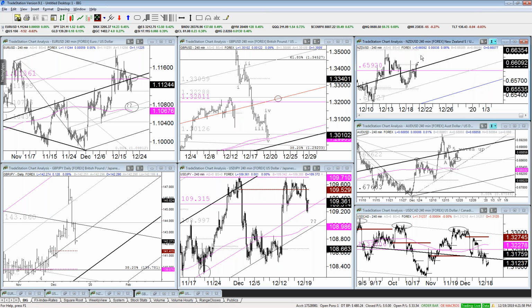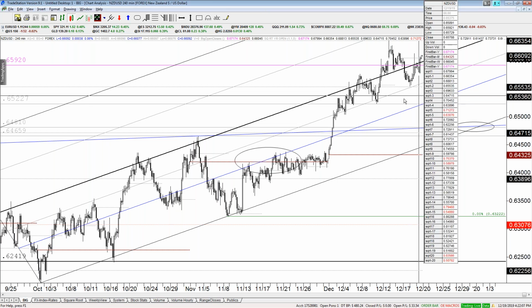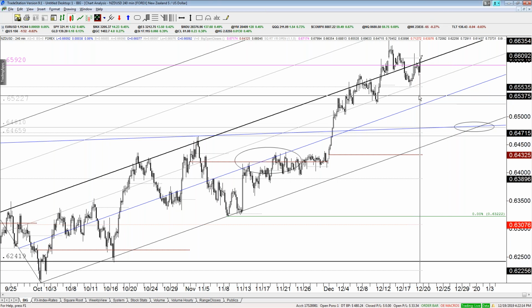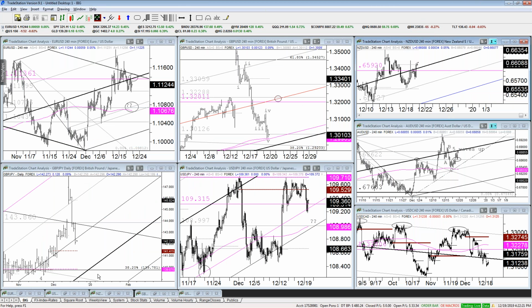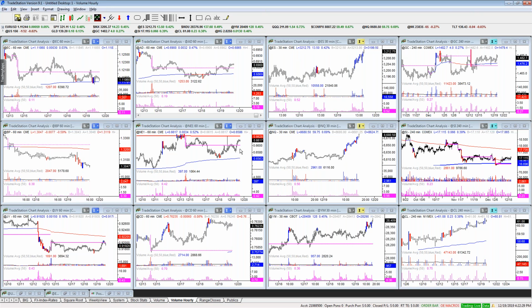Kiwi, I don't know. Kiwi, if Aussie's going to rip, I'm guessing Kiwi will too, but the setup's not as clear to me. Unfortunately, we did get tagged at 65.60, and who knows, Aussie could be a better trade from here. The pattern is a little cleaner for me on a short-term basis. My concern, or the only concern really at this point with